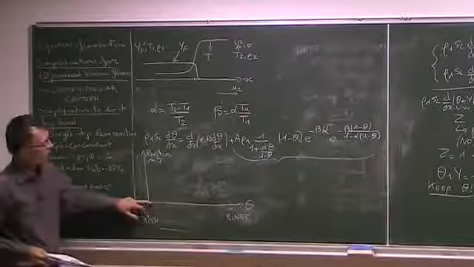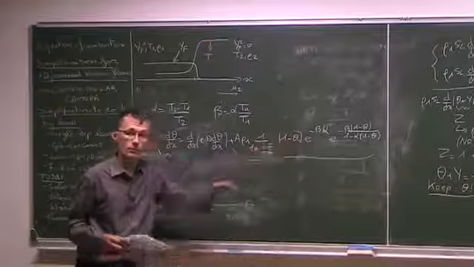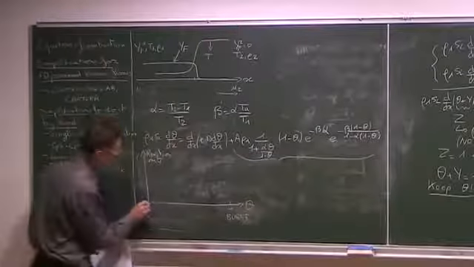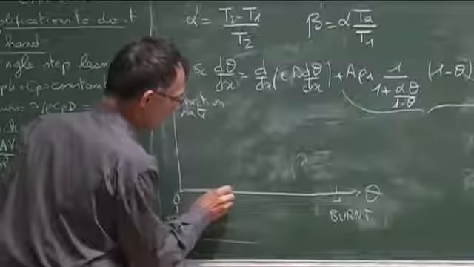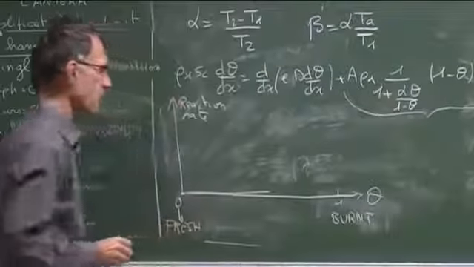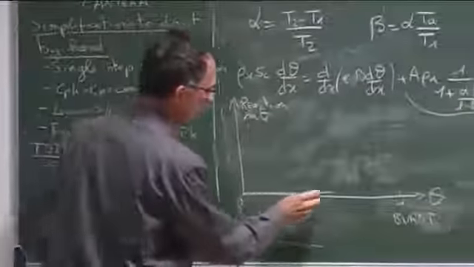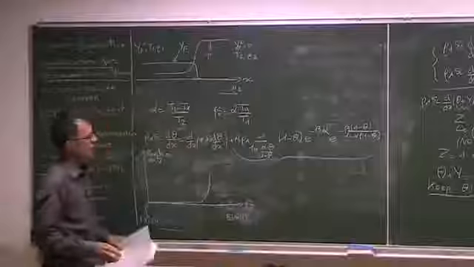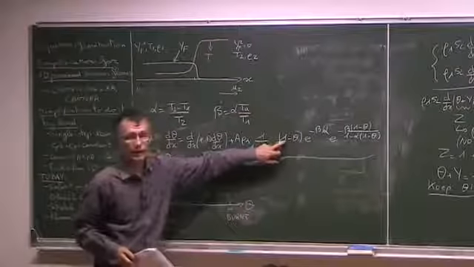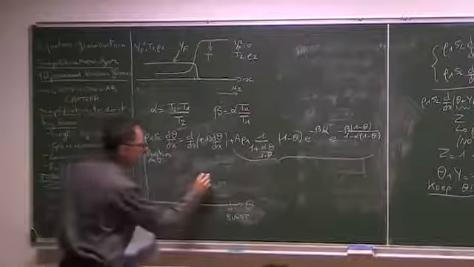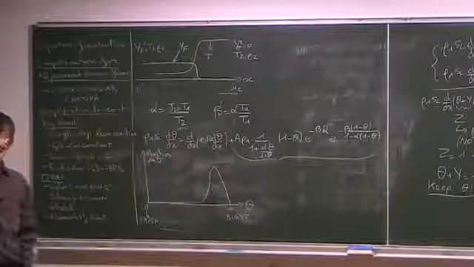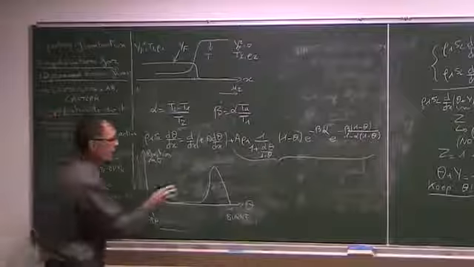When the temperature is very low, this function is 0, because mainly of the exponential value here. And it takes quite a large value of theta before this function, when you plot it, starts to pick up. But then, of course, when theta equals 1, it must go back to 0. So there is a maximum here. And you can even compute the maximum.